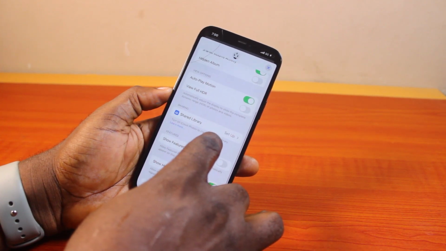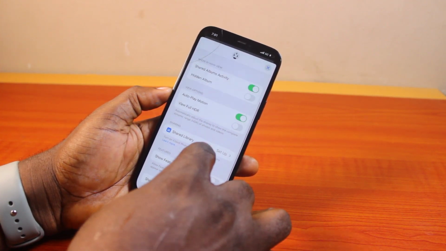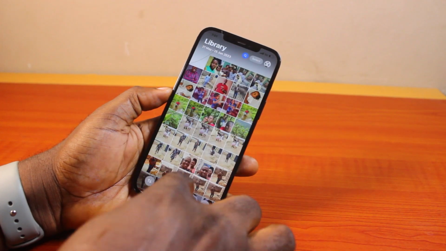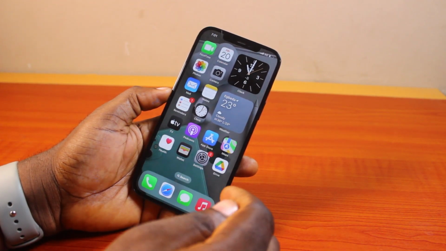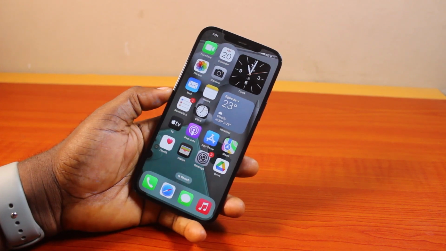to do this. And with this feature turned off on your iPhone, photos and videos will not be automatically backed up to your iCloud account over mobile data, to save storage. So if this is what you want to do, then this video is going to walk you through step by